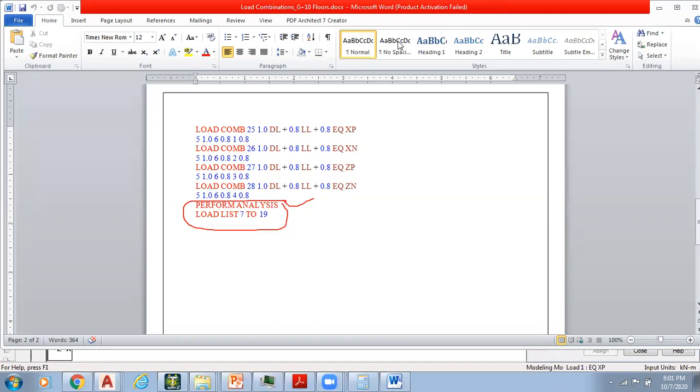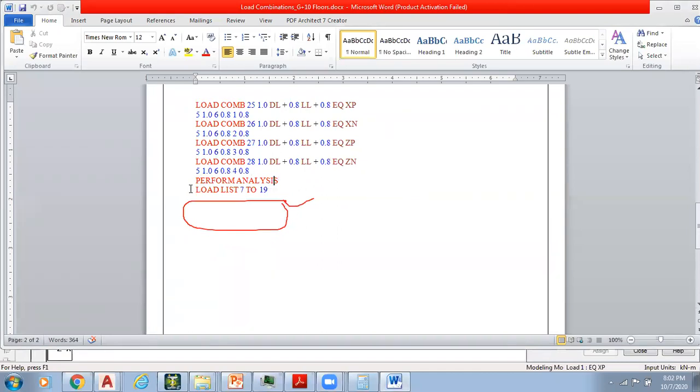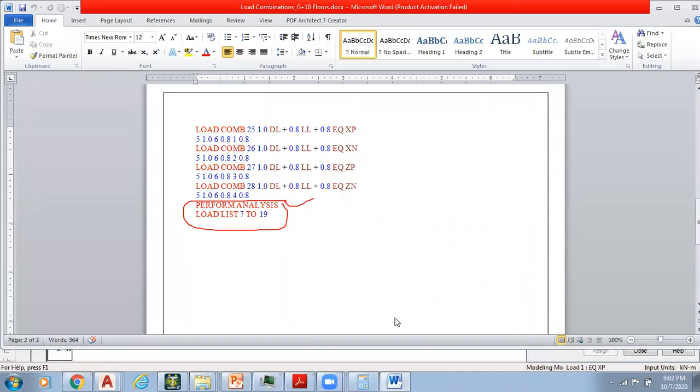So the advantage with this statement is, once you add all these combinations, next perform analysis has to be added, and then we have to say load list from so and so to so and so. The reason is we have load cases in the same file, limit of strength combinations also in the same file, and limit of serviceability cases also in the same file. When we say load list so and so number to so and so number, it means like this: 7 to 19.